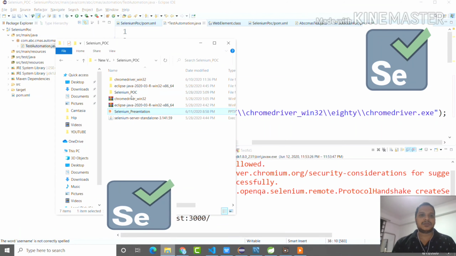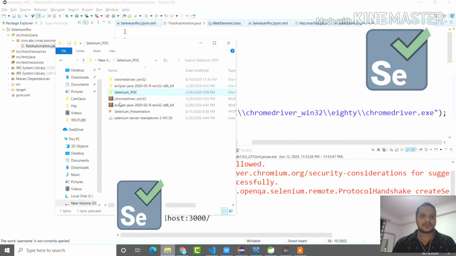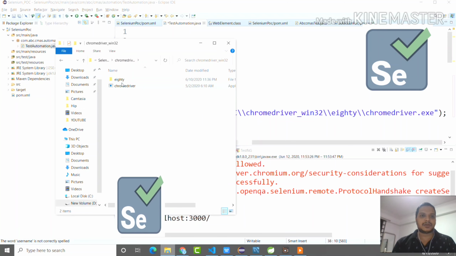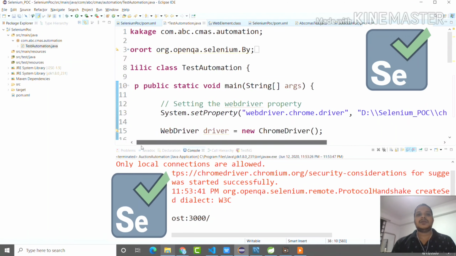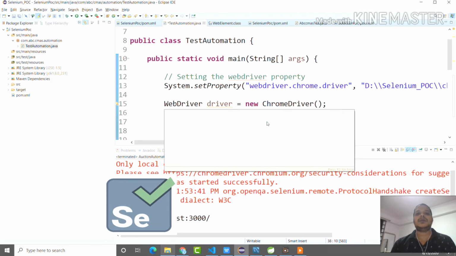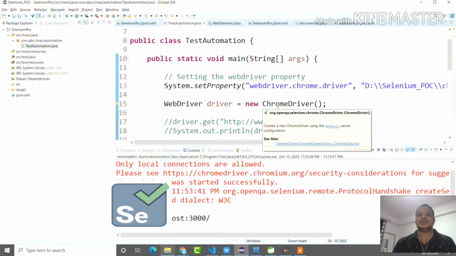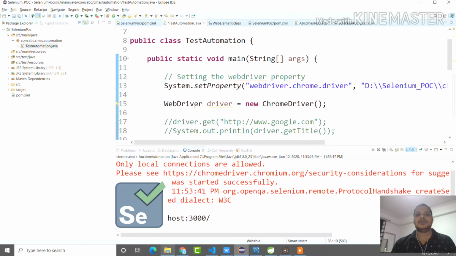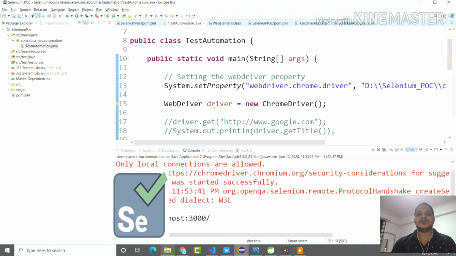So I can show you, this is the path. I put my Chrome driver here. Then the second thing I did, I created the object of this WebDriver. I'm using Chrome, so that is why I created the ChromeDriver. If you are using Firefox, then you need to initialize this driver with the Firefox class. One thing you need to make sure of whenever you are initializing this driver, before that